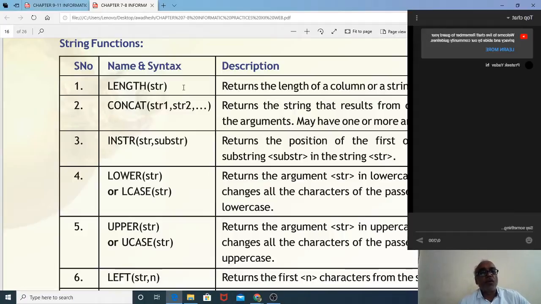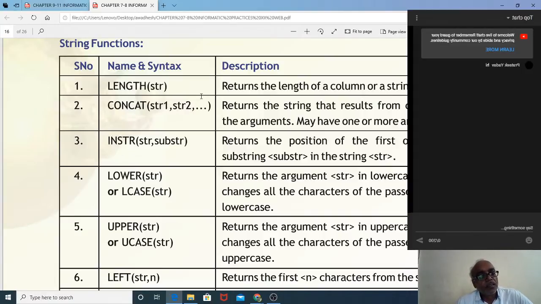Clear? Next we have concat. Concat means to join two strings. Suppose you want to join the words good student with every name of a student. So how will you write that? Select concat, open brackets, and then in apostrophes you write good student, close apostrophe, and then comma name.